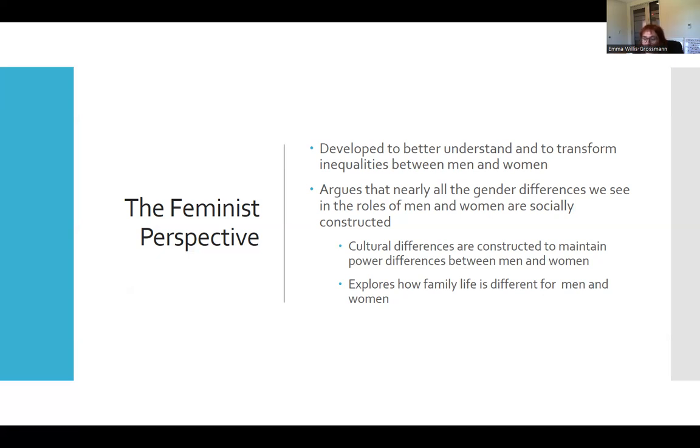However, when men engage in child rearing roles or take on more non-traditional roles, like maybe they're an elementary school teacher or a nurse, they tend to receive more praise for that, and sometimes they receive better pay for that as well. So again, their work is being praised more often and more highly than a woman's work who's been doing it just as much or for just as long. Feminist theory is typically used to understand gender inequalities in the family, especially in situations like I just mentioned above. It helps us to better understand how roles, specifically gender roles, are going to be negotiated in each family.